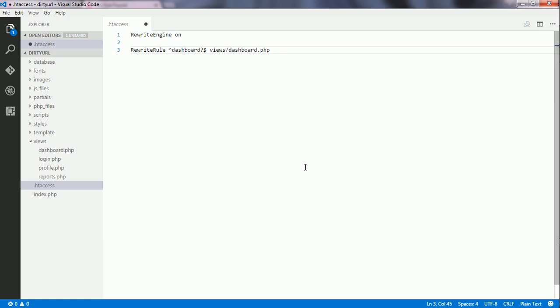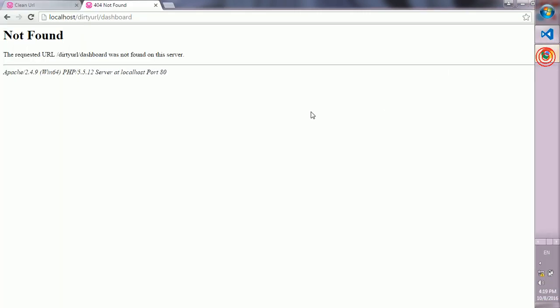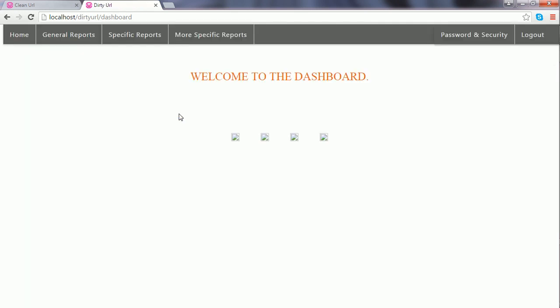In this rule, I have said that when the last segment of the URL is dashboard, the dashboard.php file, which resides inside the views folder, must be loaded. Now I save the changes and go to the browser, reload the contents. I see that when the last segment of the URL is dashboard, the dashboard.php must load, and it has already